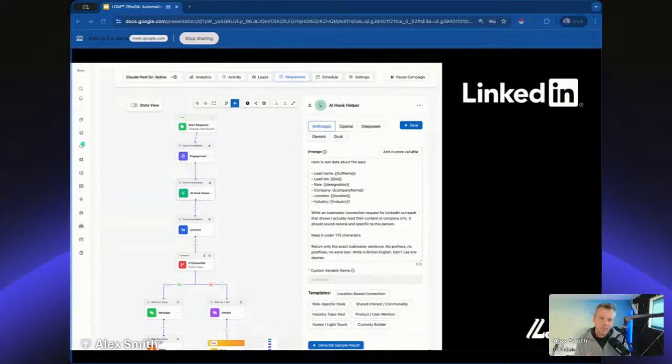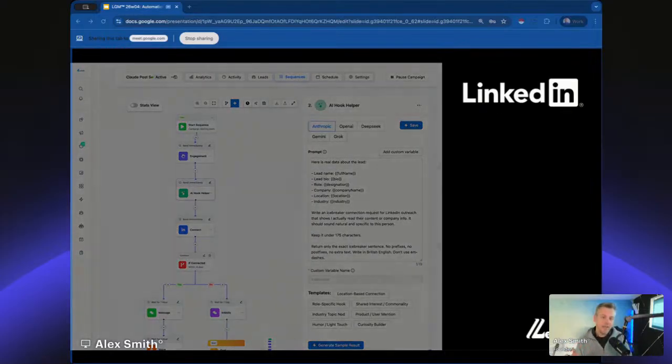And the AI helper is quite simply a prompt that goes out to Anthropic's Claude, which is the particular AI model that we use. And we're basically saying to the AI, this is the prospect that we're currently looking at. Can you do a bit more research for us? Can you write an icebreaker? In terms of character count, we tend to just go for 175 characters on the prompt and generate an output message on the back of that.